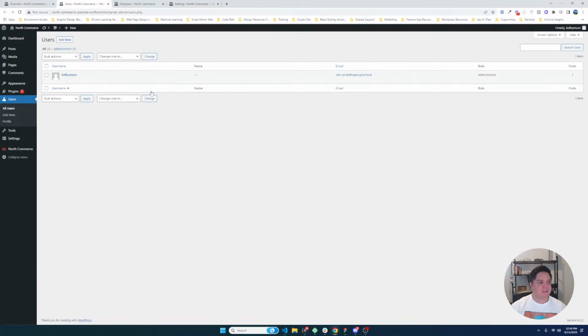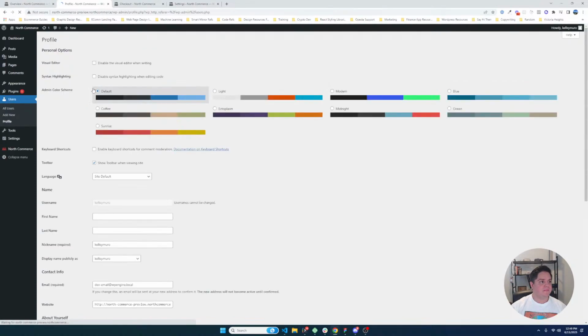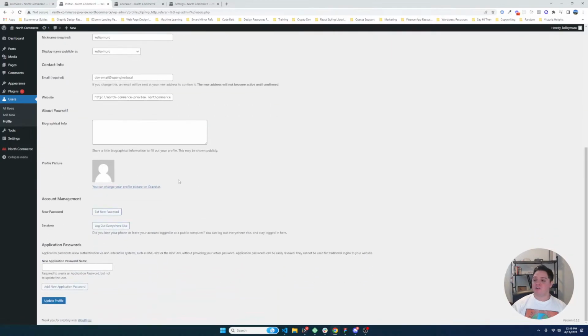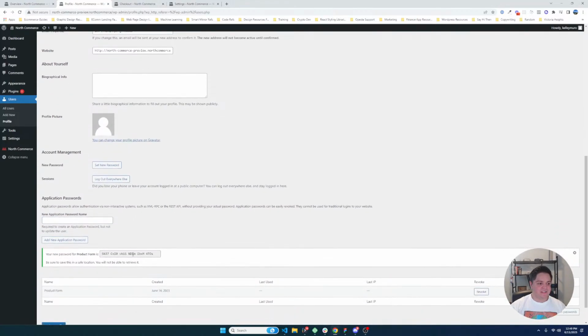our REST API also hooks into some of WordPress security stuff. So if you wanted to create a front end form to add products, and what I'm thinking you're saying is creating a product for your business, right? Then you would just add a new application password here and call this product form or whatever, and then you would use this product form ID, which is basically like an API key,